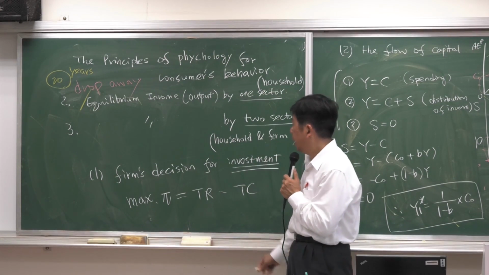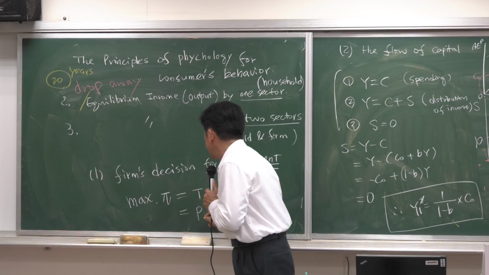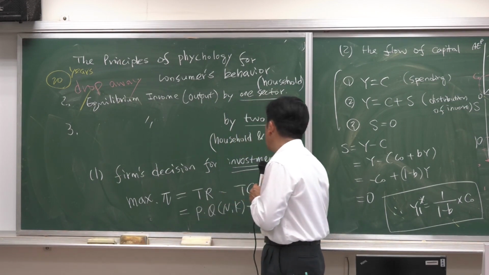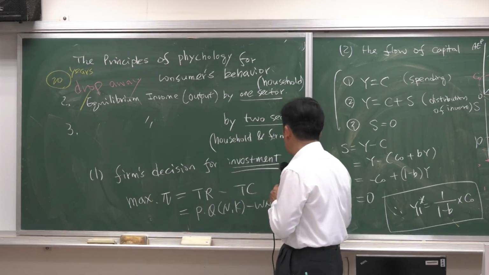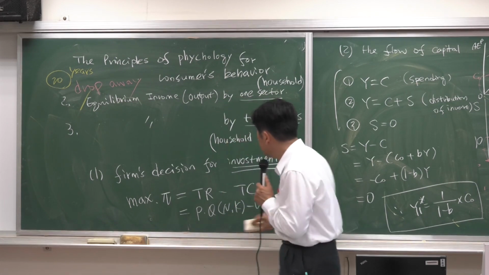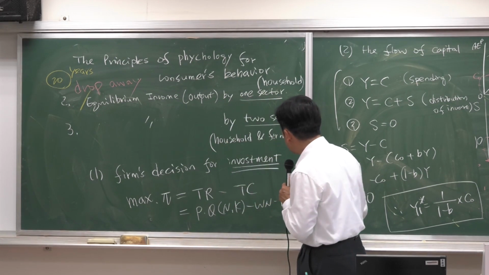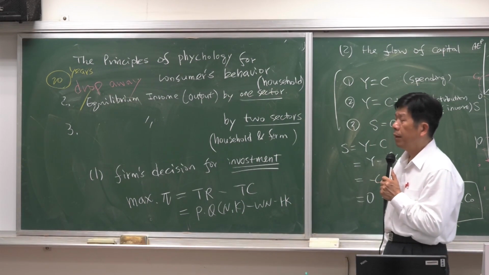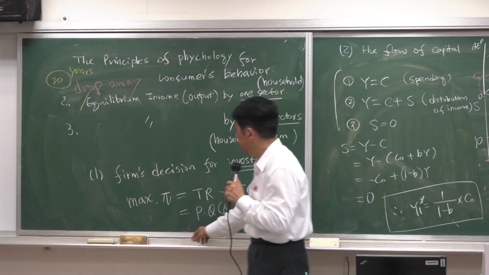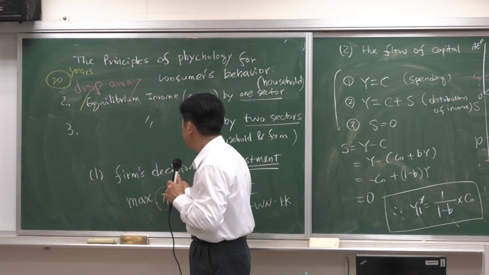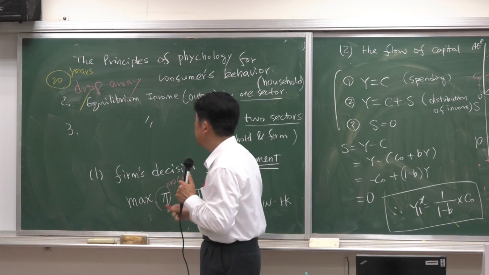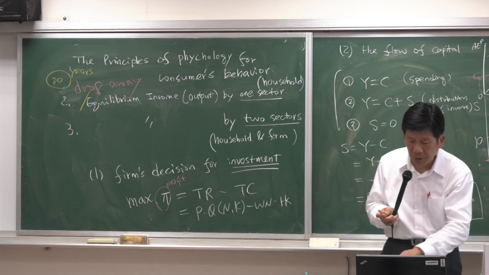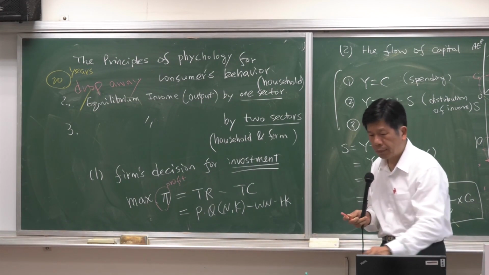Okay, and you also can see this is P, Q, N, K, and W, N. This is what we mentioned before when you studied economics or microeconomics, because the firm wants to have the maximum profit. Okay? So here, we need to try to understand about the